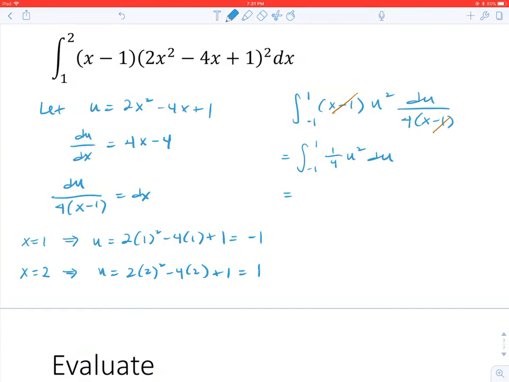Again, up to you if you want to pull the 1/4 out, that's totally fine. You can integrate so that you would have 1/4 times 1/3 u cubed, and then from -1 to 1. You also could have had this 1/4 pulled out front of the integral, where then you have 1/4 outside when you integrate and you get 1/3 u cubed